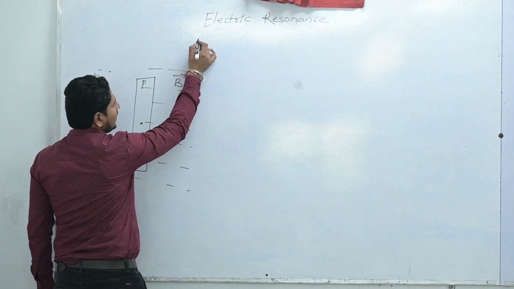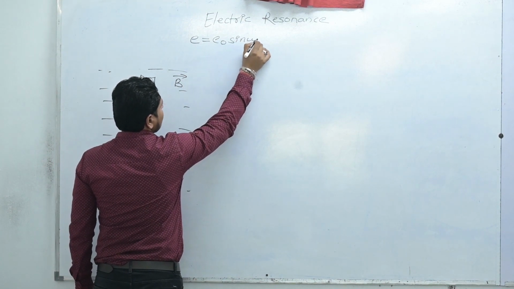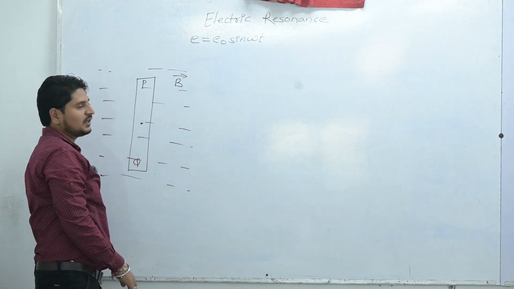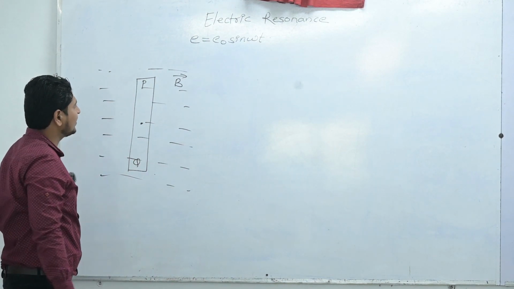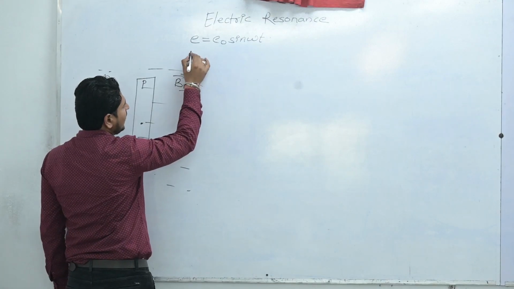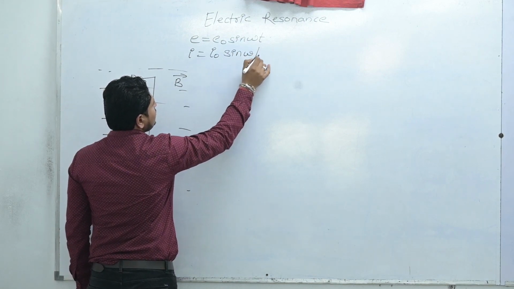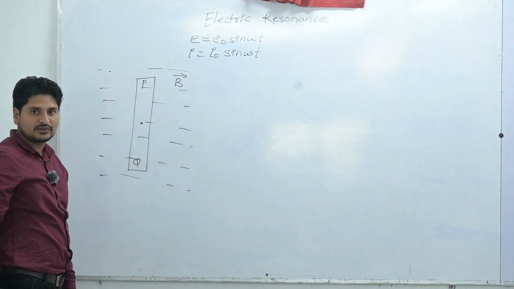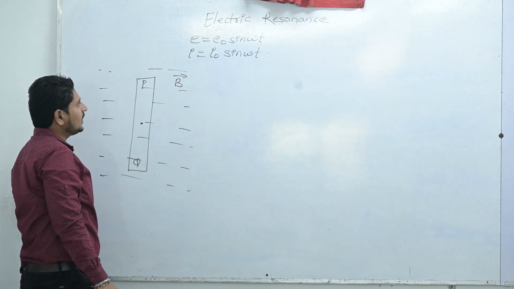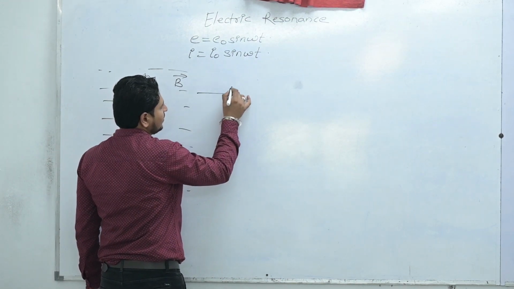And the EMF and current, so that is E is equals to E naught sine omega t, where omega is your angular frequency, E naught is the peak value of EMF, and E is the magnitude of induced EMF. Similarly I is equals to I naught sine omega t, where I naught is the peak value of current. Clear? तो इलेक्ट्रिक रेजोनेंस में होता क्या है कि जैसे ही हम कोई भी एक यहाँ पे,